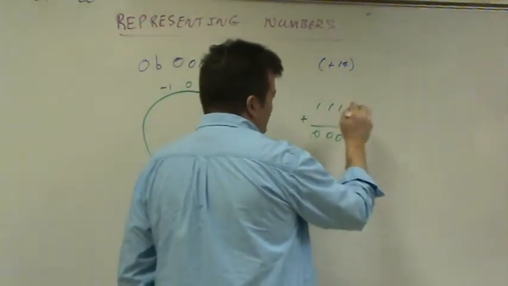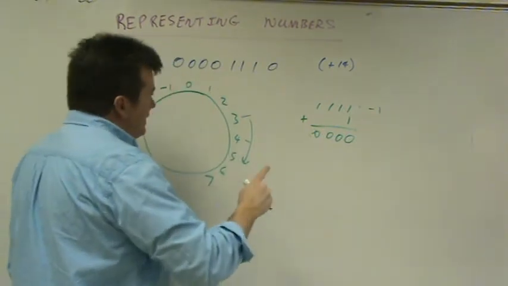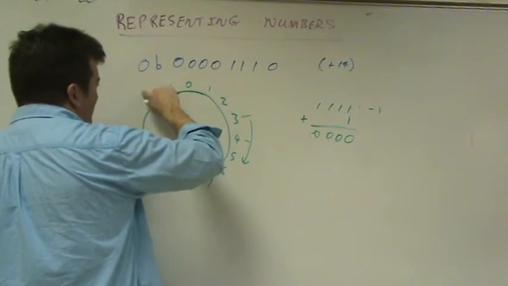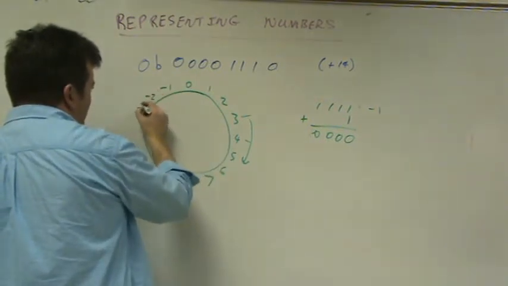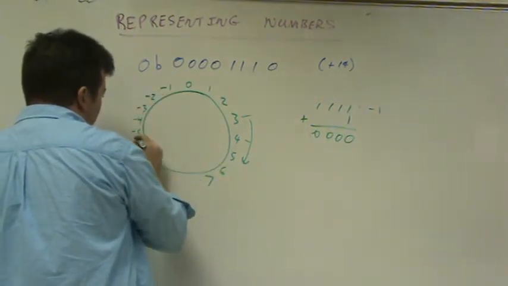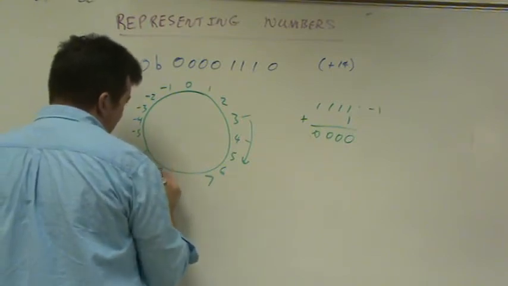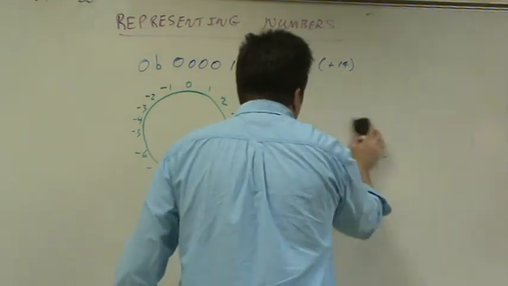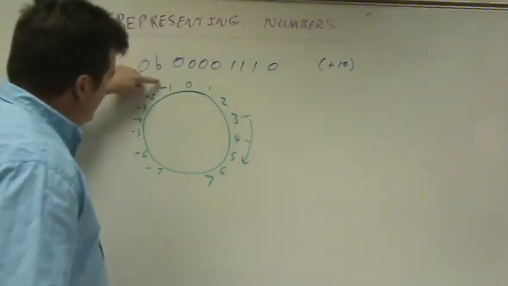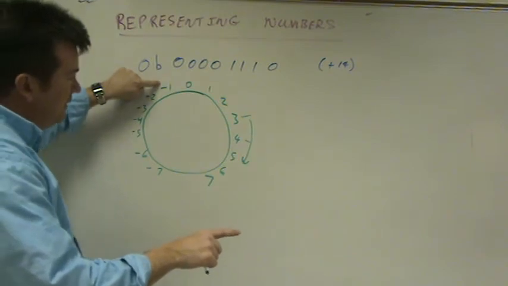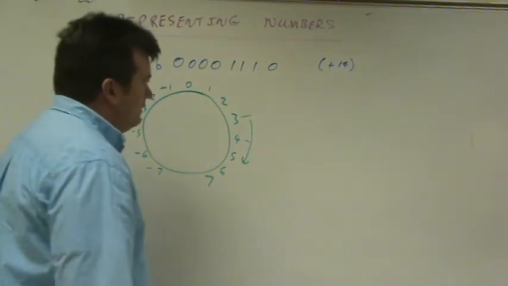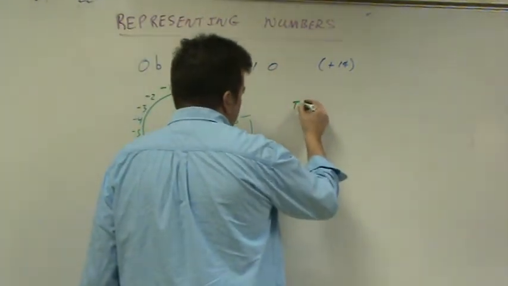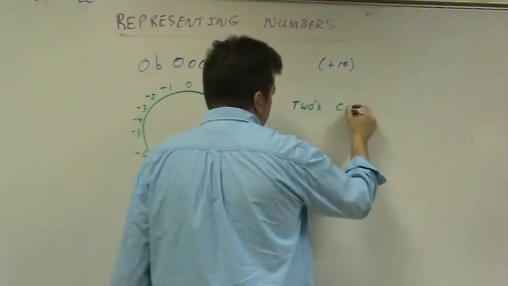So if we let this represent negative 1, then if we were here and we added 1, we'd go to here. The same thing would be true for all other negative numbers: negative 2, negative 3, negative 4, negative 5, negative 6, negative 7. And I'll leave room for negative 8. We just want to convince ourselves there's room for it. But basically, if we use this representation, all ones, to be negative 1, how could we actually figure out what negative 1 is? We would use what is called the 2's complement